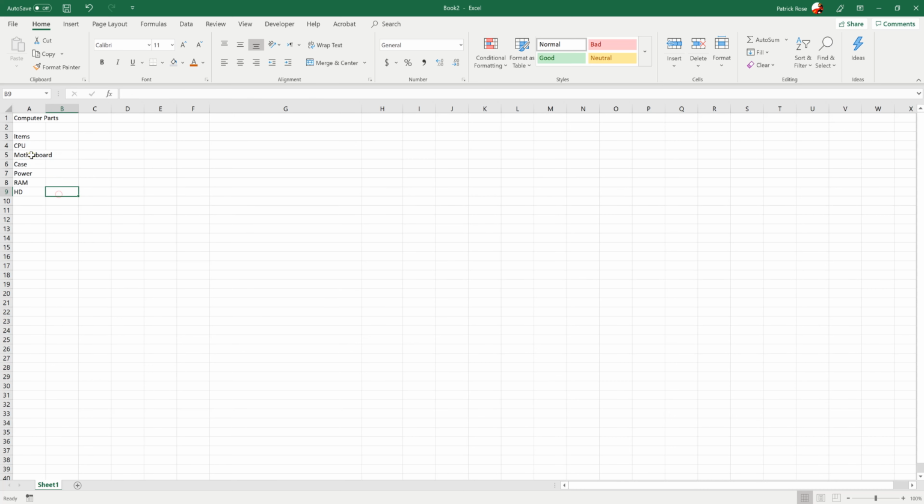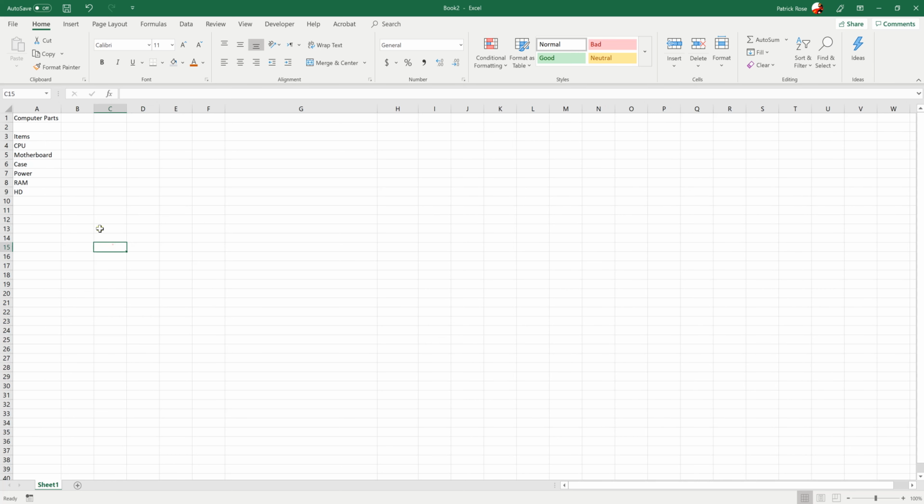I could tell it to wrap, but then it kind of breaks the word in half and it looks strange. I don't like it. So what I need to do is make this column wider, and I'll just grab and drag, make it wider, so that all the text fits. Now for my next column, I want the actual